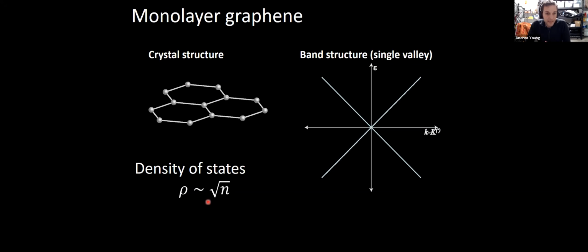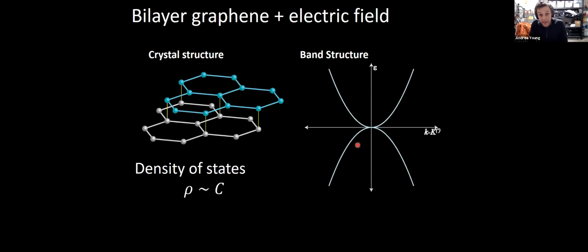So again, for some basic review, right, monolayer graphene is not a good candidate for a magnet. In particular, it has a density of states that is very low, close to charge neutrality. It grows with density, but only weakly. But already by stacking a second layer, you can modify that quite a lot. And so the band structure of Bernal bilayer graphene is already different. In the simplest picture, you have touching parabolas, which have a constant density of states. That's better than a vanishing density of states, but still not fantastic from the basic point of view of wanting to increase density of states as much as possible in order to favor magnetism.